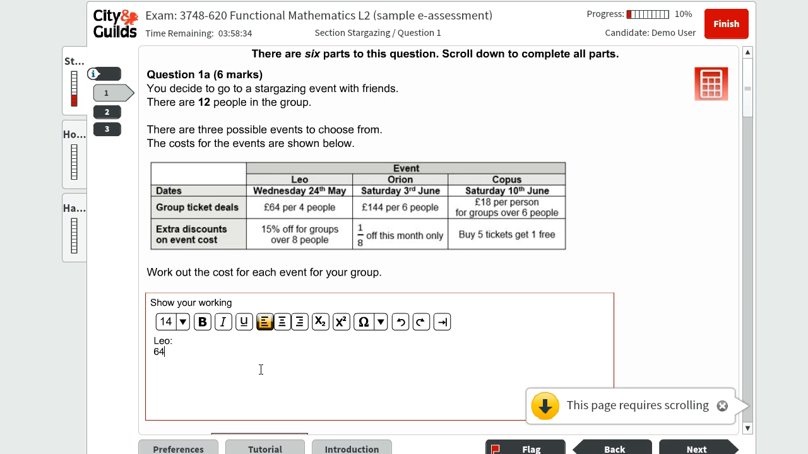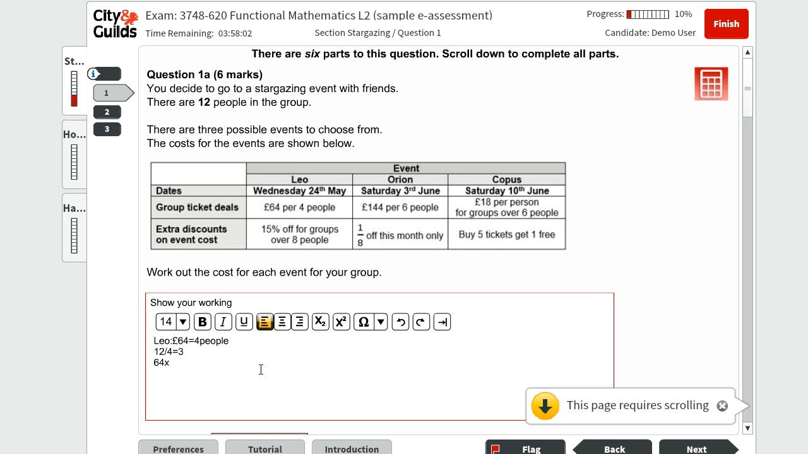£64 for 4 people. Because it's 12 of us, it means that we have 3 groups of 4 people. We can do 12 divided by 4 equals 3. This is how we know how many groups of 4 we have. And then it's easier for us to just do 64